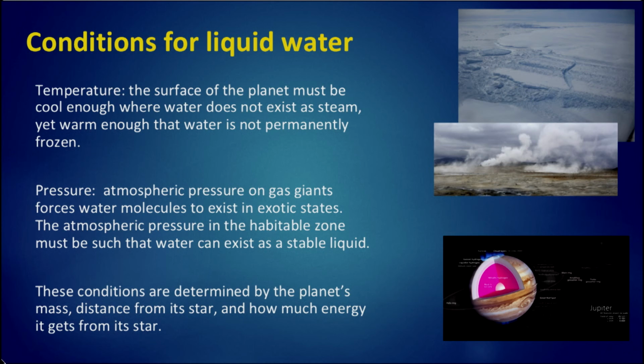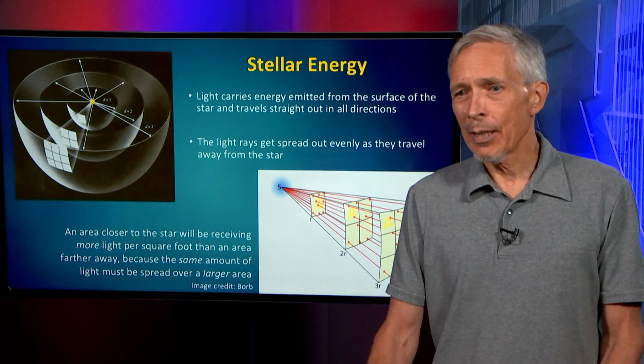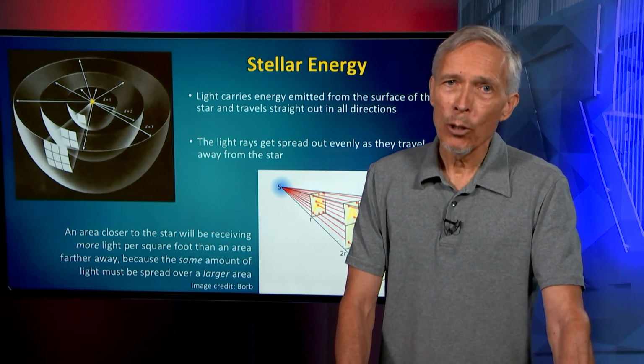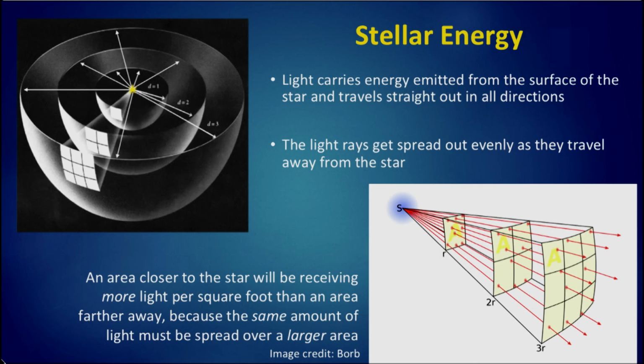The conditions for liquid water are essentially determined by the distance of a planet from a star, how much energy it gets from the star, but also by the planet's mass. So the planet properties matter here too. The first part is easy to calculate. When we know the luminosity of a star, we essentially know how many photons it emits every second in all